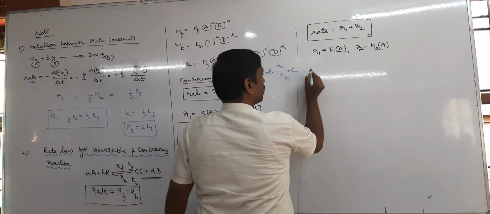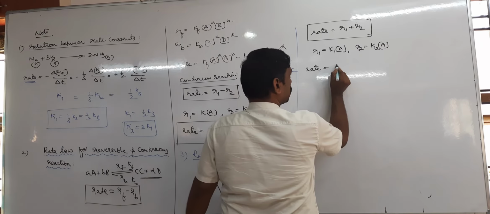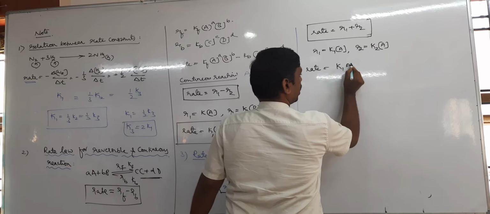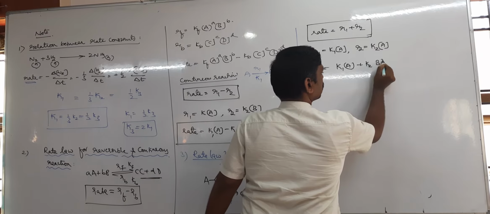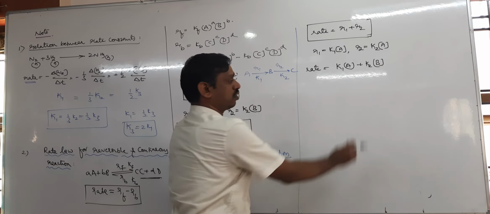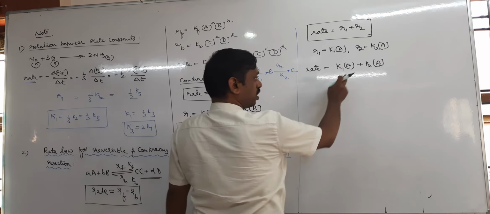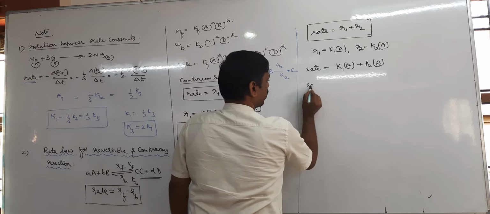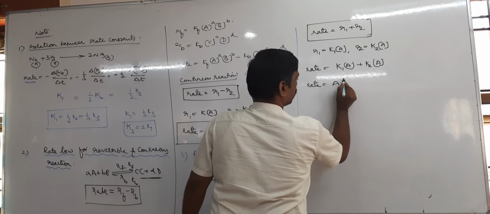Next, rate equal to R1 plus R2, K1 into A plus K2 into A. So here A is common, so therefore you can write rate equal to A into